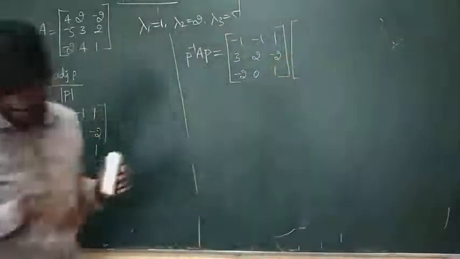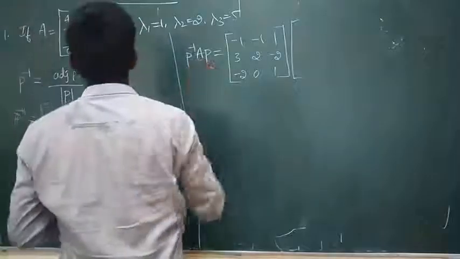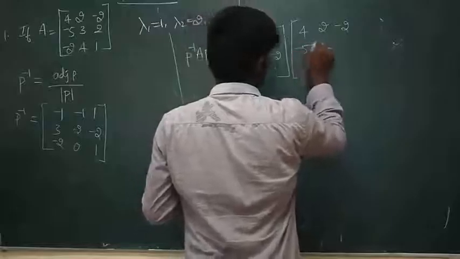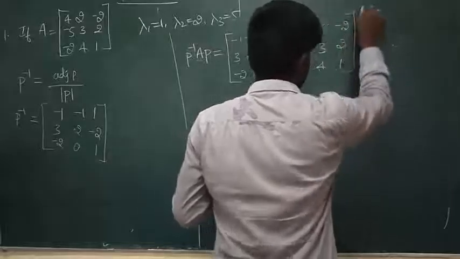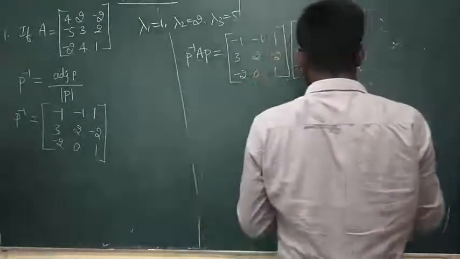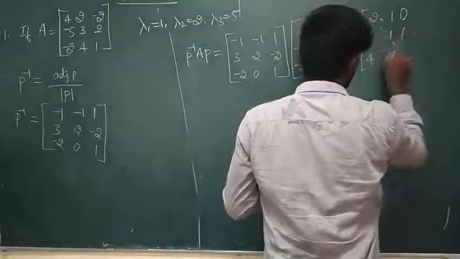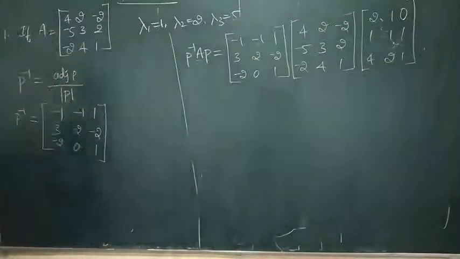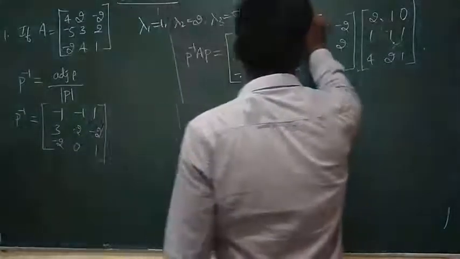The given A matrix is 4, 2, -2, -5, 3, 2, and -2, 4. This is the given A matrix, and the P matrix is 2, 1, 0, 1, 1, 1, 4, 2. This is the P matrix. Therefore, by multiplying these three matrices, we get,